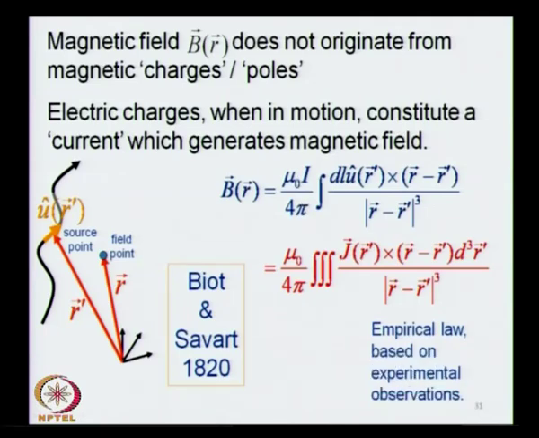And how is it related to the geometry? It is generated by these elements over here, then the next element, then the next element, and the next element. So, it is given by a superposition of the influences generated by all of the elements spread over the entire length of the wire. So, you must integrate over the length of the wire. So, here is an integral over the length of the wire, and this element has a length dl which comes over here, and it is given by a certain integrand